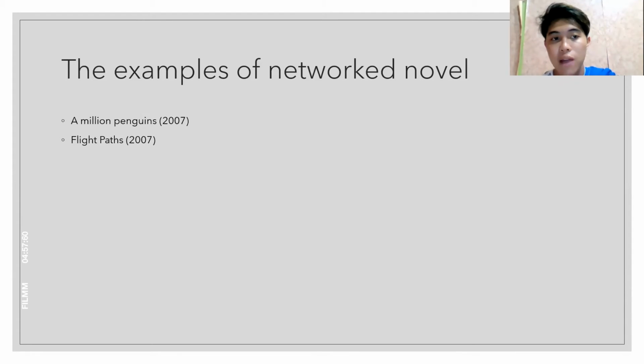And the second is Flight Path. In 2007, writing platform editors Kate Pullinger and Chris Joseph launched Flight Path, a network novel that used stories, videos, and audio to tell a story. Its aim was to make the writing process collaborative. Readers were invited to contribute their ideas, and these contributions were used to shape the digital novel.